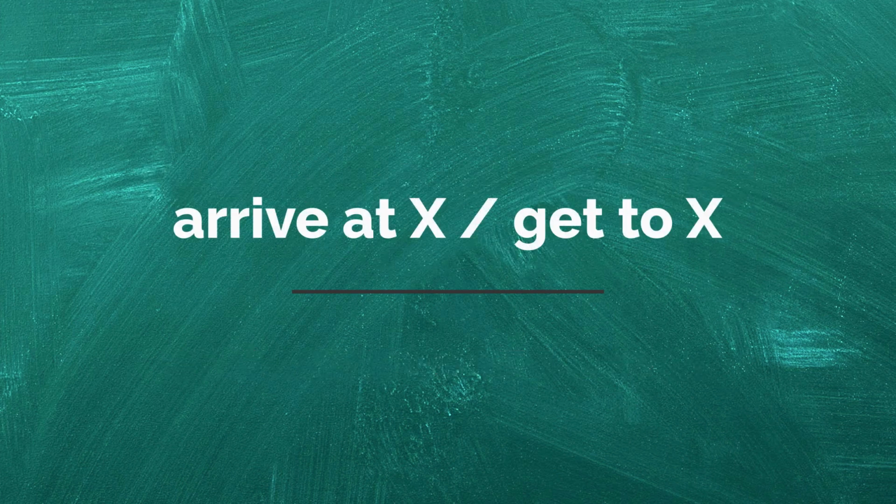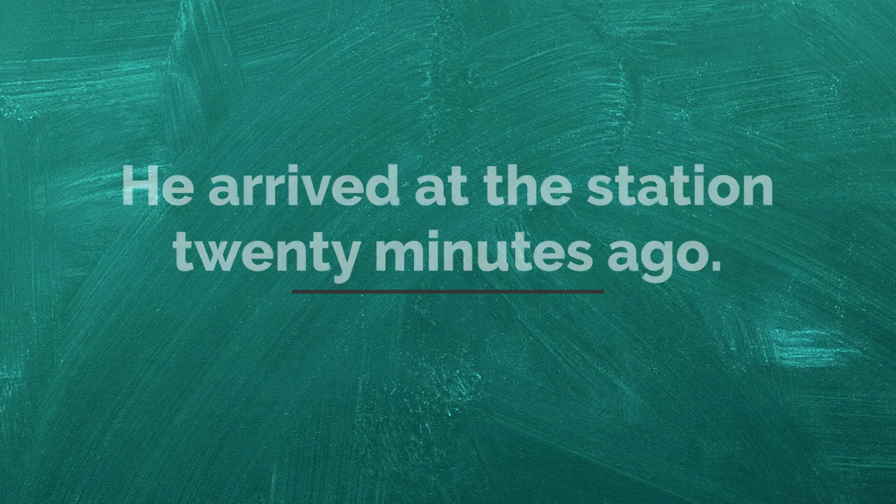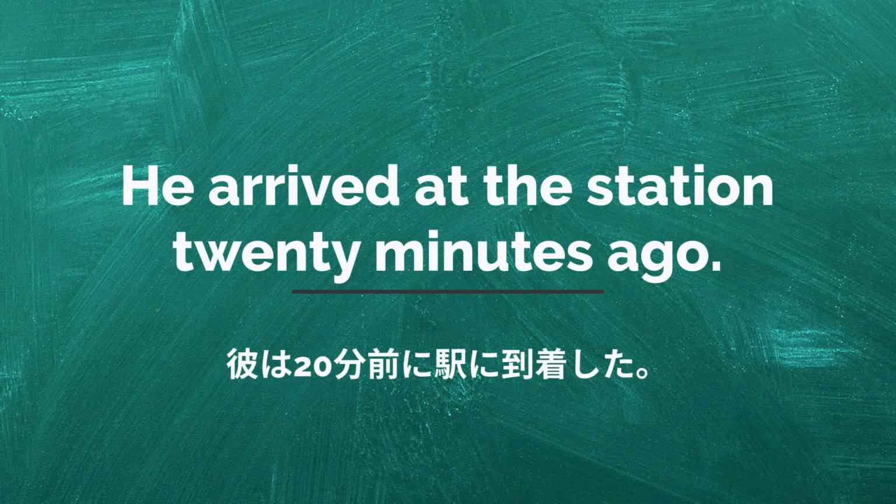Arrive at X, get to X. X に到着する。 He arrived at the station 20 minutes ago. 彼は20分前に駅に到着した。